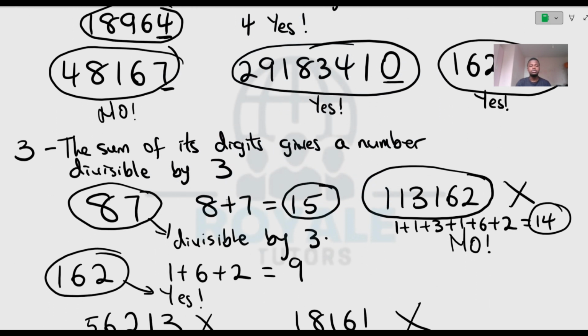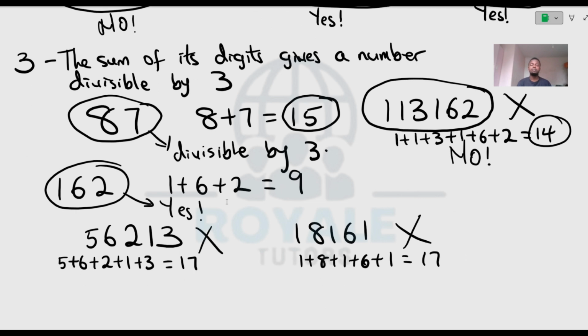Then we move to 3 to say that when do you say a number is divisible by 3? A number is divisible by 3 when the sum of its digits gives a number that is divisible by 3. So as example, we picked 87. Then we said, is 87 divisible by 3? And what we did was we added 8 plus 7, and that gives us 15. From there, we were able to say that, okay, 87 is divisible by 3 because 15 is divisible by 3. We took several other examples, and today we are going to talk about divisibility rule for 4, for 5, and